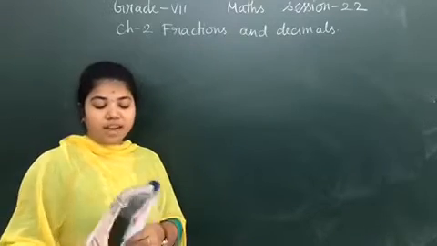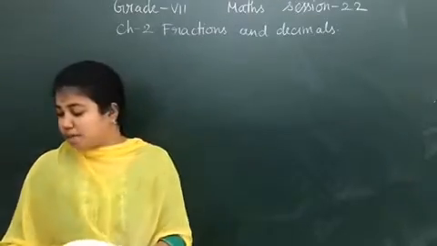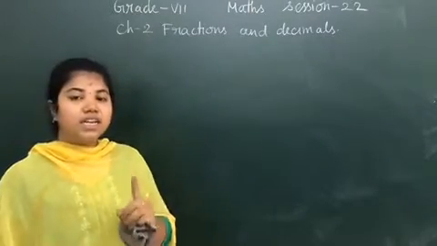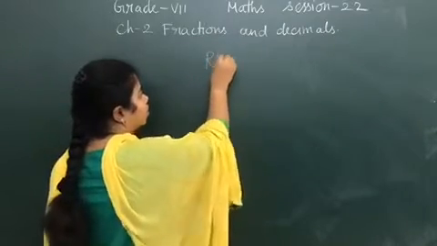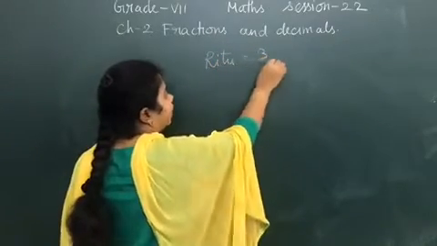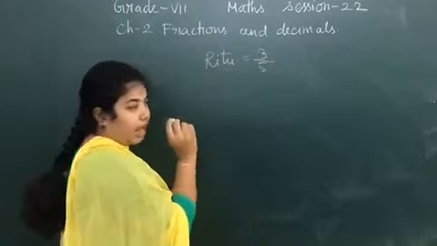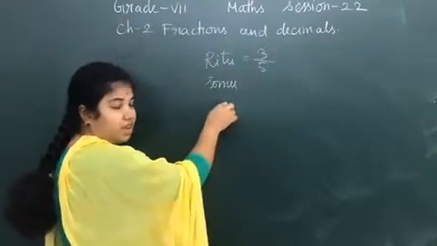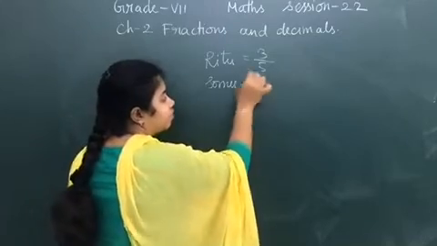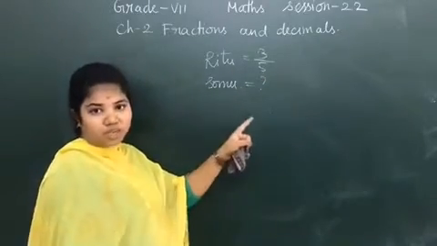So there is an apple. What is the meaning of an apple? Here in the question there is only two clues. Ritu ate 3/5 part of an apple. And Somu is her brother and he is eating the rest of the apple. We don't know how much it is. Okay.